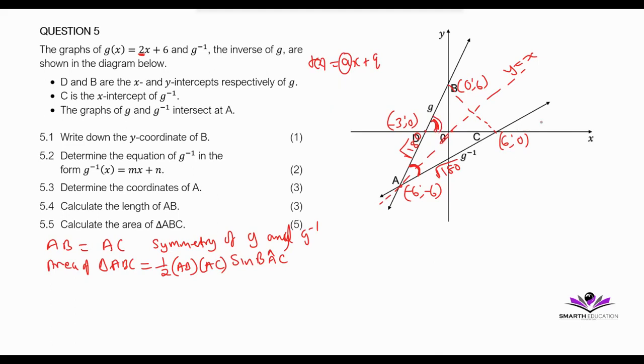And then also we have the gradient for this one, because this one is g, it was like 1 over 2x minus 3. We have the gradient, which is 1 over 2. We can find this angle, which is vertically opposite to this angle. Right, and then with this angle and this angle, we can find our angle